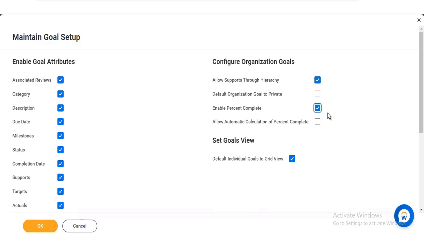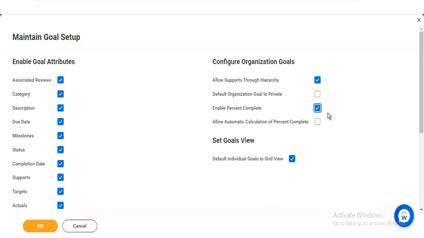Normally, yesterday when I showed you, at that point of time what was happening is, we have to go there and mark them complete or in progress, whatever the status is. Then whenever my manager will be seeing that, he'll be able to see it. But in a different scenario, if there is a setup in such a way that the goal has multiple parts, like for example revenue, sales, if I would like to give you an example. So in that scenario, what can happen is,